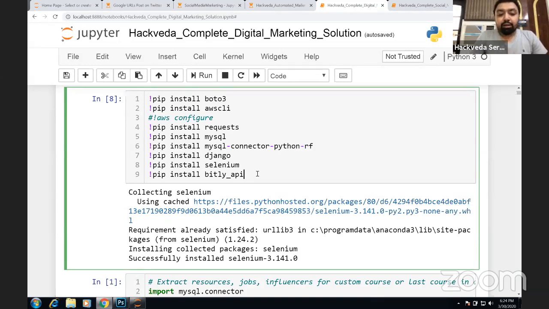In order to run it, you can quickly select the cell as well as you can quickly click on run command. There is a shortcut. You can also hit command enter or control enter to execute this cell. Since on my machine, I have got all these libraries already installed, you can quickly see that I've got a message that all the packages are already installed and we have successfully installed it. This cell has to be executed only once.